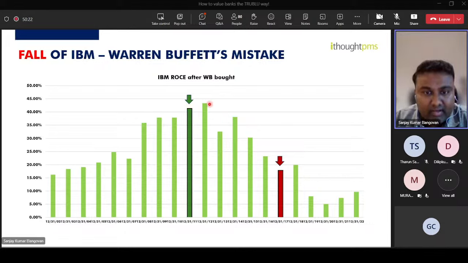IBM was able to better that in the next year, but that was the peak. After that, they were never able to make the same kind of money again. So it turned out to be cyclical rather than structural, and that's how WB couldn't make money in this investment. But then he was clever enough to reinvest the money that he sold from all of his stake in IBM